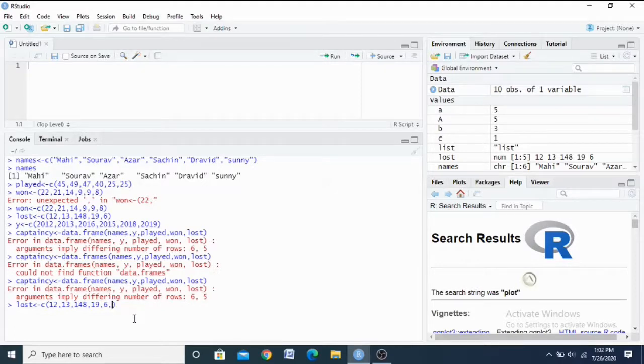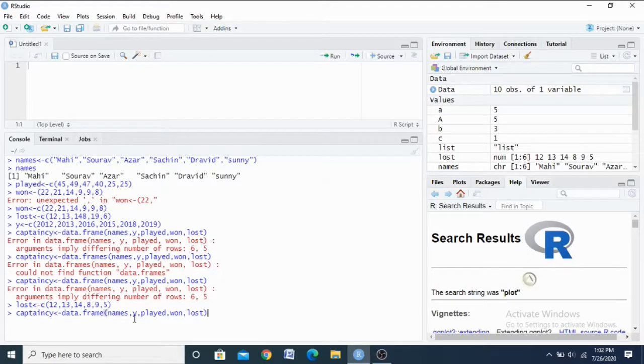It works without any error while creating the vector, but when you convert to the data frame, it shows the error.